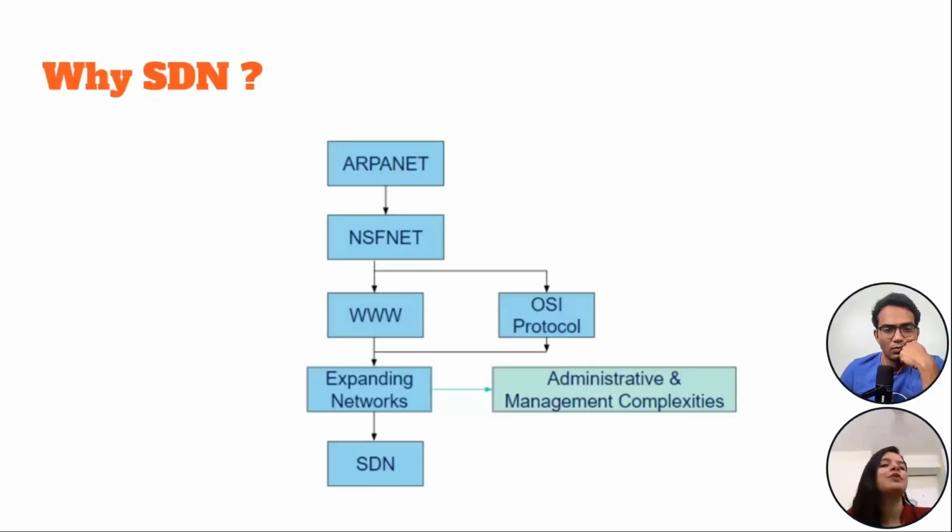So first, let's see why we need something called SDN. So let me talk about the history of the internet. The history of the internet dates back to the 1980s, where the US introduced the concept of the ARPANET. ARPANET is Advanced Research Project Agency. So this ARPANET was the first introduction of the internet by the US in the 1980s. In the journey ahead, they adopted the TCP protocol, or let's say the Transmission Control Protocol. With the adoption of TCP, they made this ARPANET publicly available.